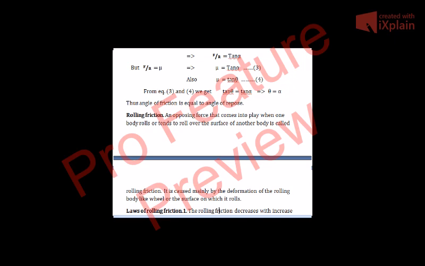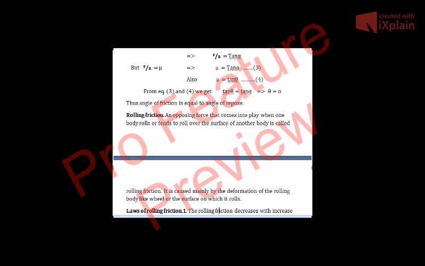As in the case of sliding friction, there are so many views. One is an old view and the other is a modern view. According to the old view, there are irregularities in the two surfaces. Even the smoothest surface may have some irregularities. And when we slide one body over the surface of another body, the body gets interlocked due to these irregularities. So that is the old view. The new modern view is that there is a force of attraction between the molecules of the body.